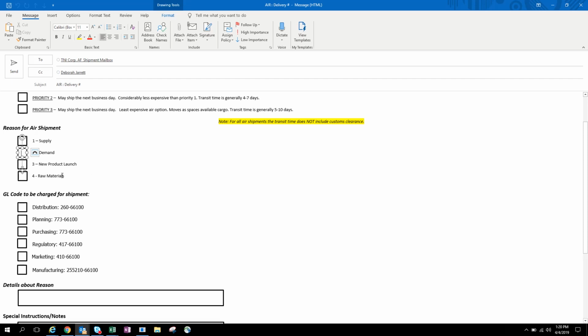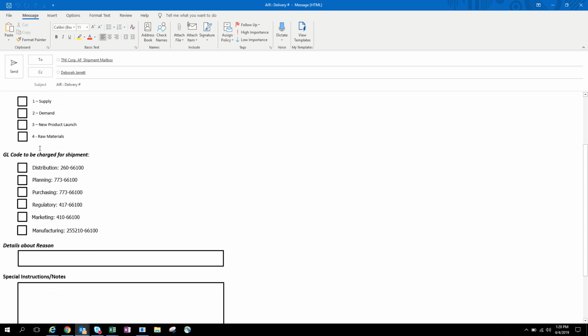The other two are pretty self-explanatory. If it's a new product launch, then the reason is a new product launch, because we pretty much send all the new product launches by air. And then raw materials, just if it's a raw material. This field code section is only used if we are paying for part or all of the air shipment to that market. And we'll just do that out of goodwill sometimes